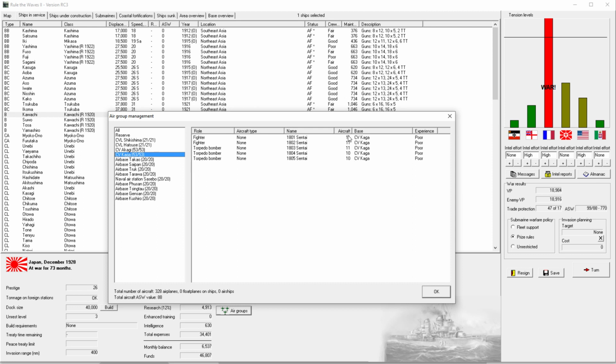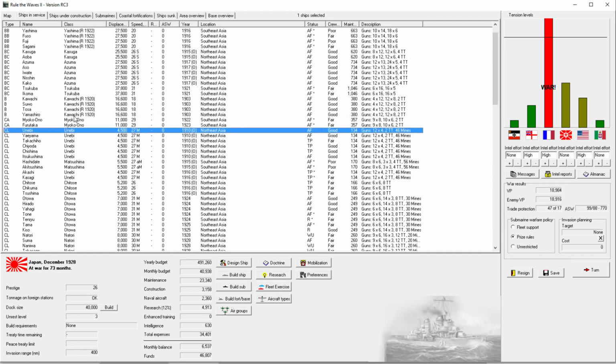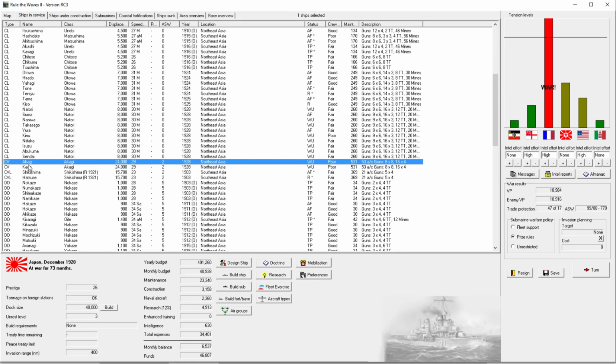What did I say? I think I said 23. No, I said I was going to put 23 as fighters, did I? And then 30 is... Probably I was going to put some float planes, but I keep forgetting that you need the hangar bay for that. Anyways, we have a carrier now, which is great. And they are put, I guess, below light cruisers, which is kind of annoying. I guess this is alphabetical, but...